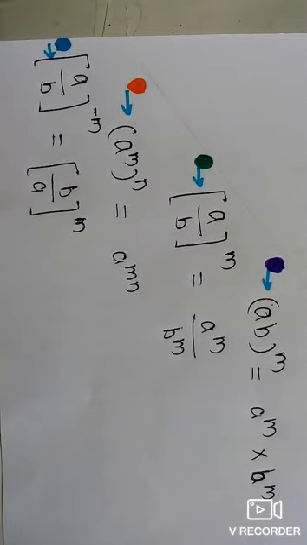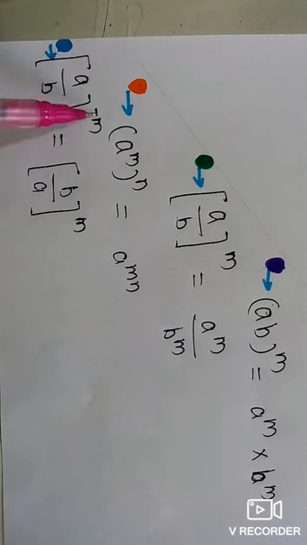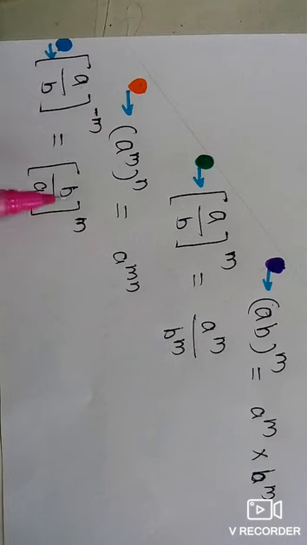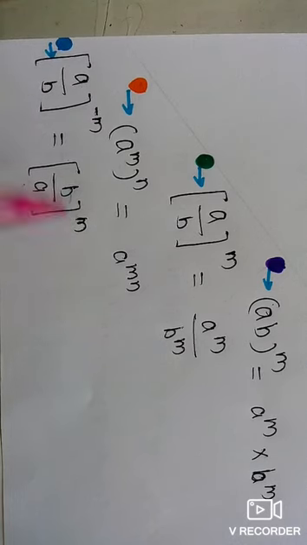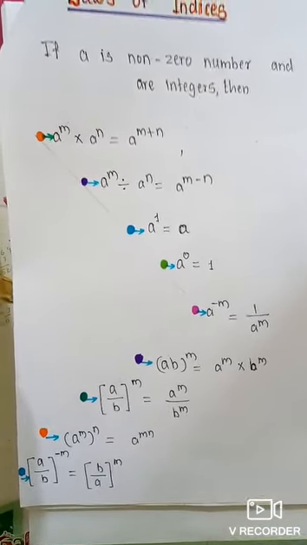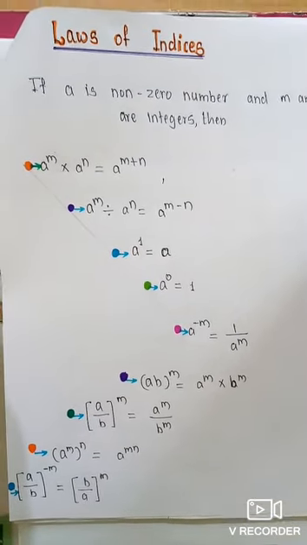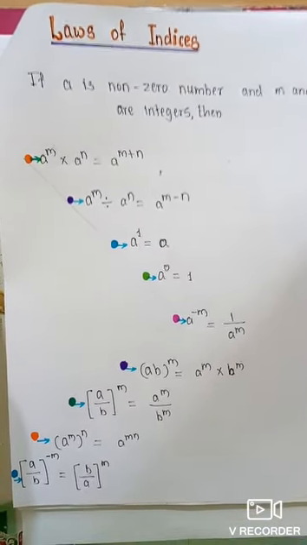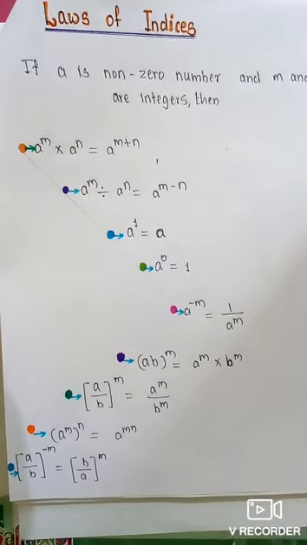And last but not least, here A upon B raised to negative m. As I told you in a previous rule, we have to take the reciprocal of this fraction and we can make this index positive. So A upon B's reciprocal is B upon A and the index will become positive. So it is B upon A raised to m. Hope all of you got all these rules, and these are very important rules to understand the chapter indices. So you can remember all those rules and solve examples based on these rules.